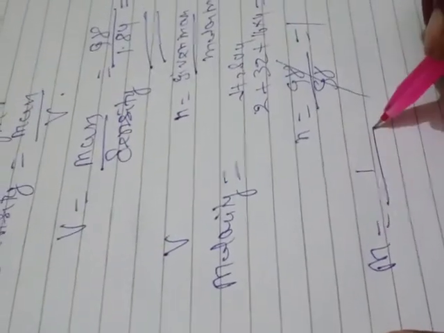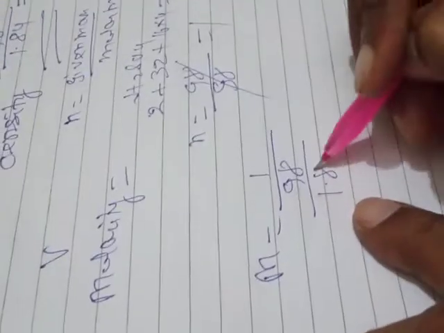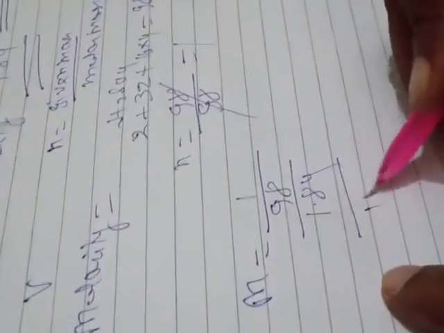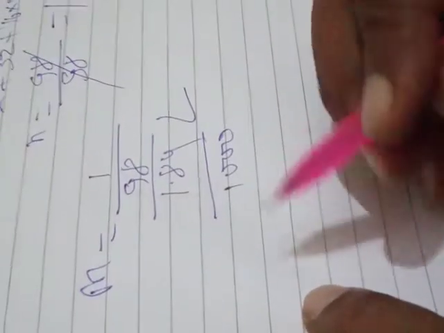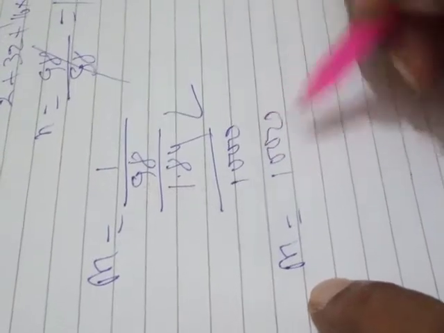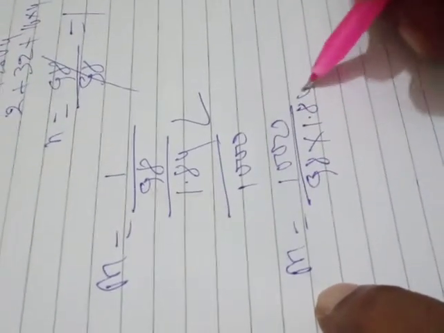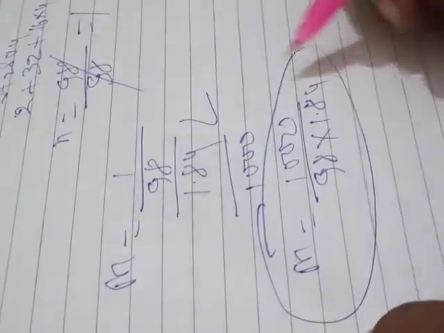Under this condition, molarity will be number of moles of solute, that is 1, and the volume we have got is 98 into 1.84 divided by 1000, so that it can change into liter. Then molarity will be 1000 divided by 98 into 1.84. When you solve this, you will get the answer.